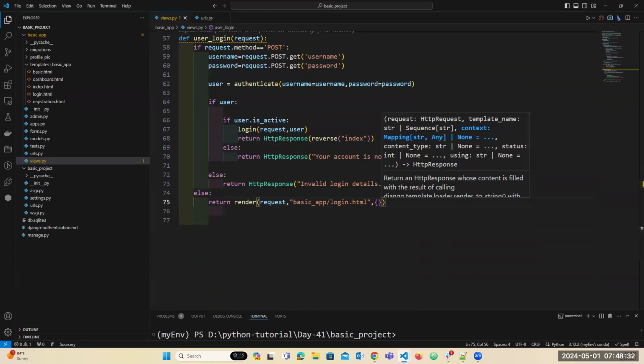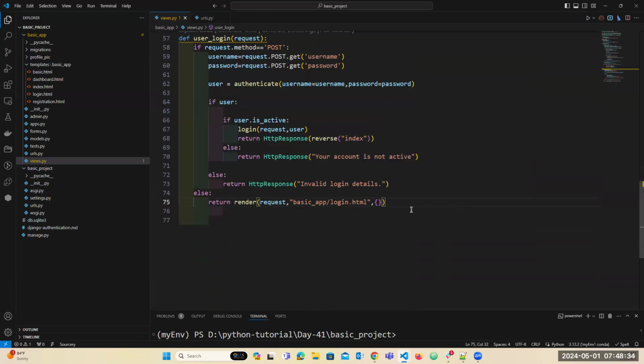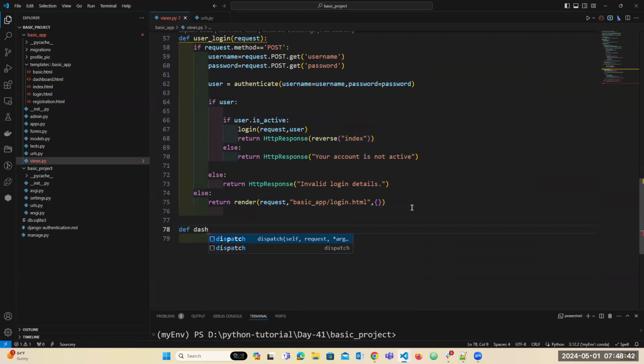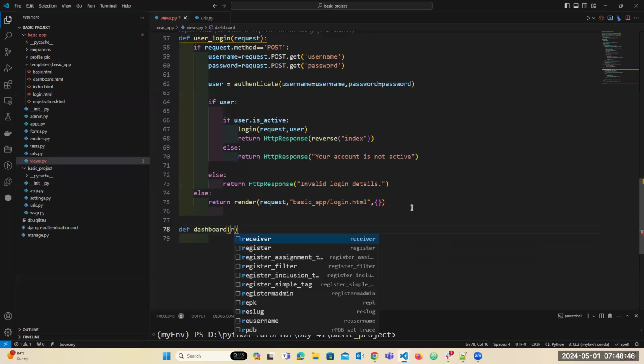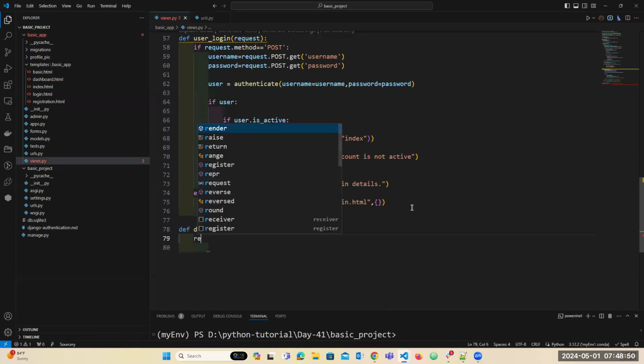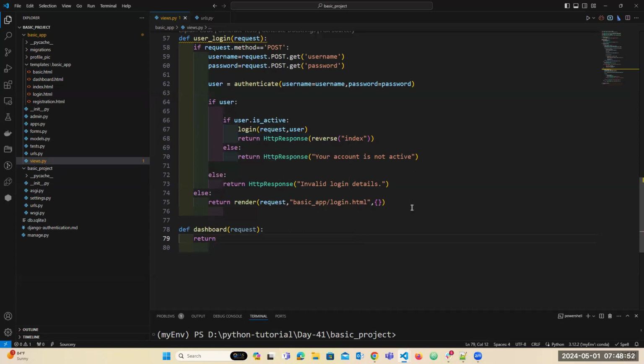Then finally, dashboard. I want to show the dashboard. Show what is the dashboard. def dashboard, request. Return